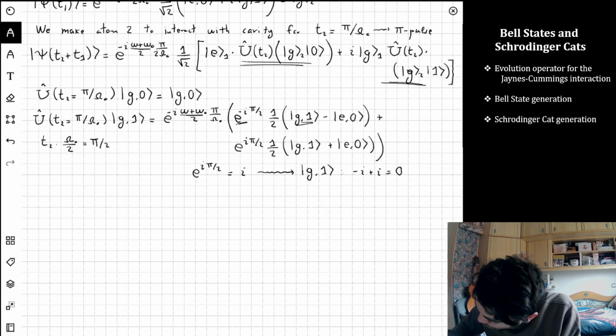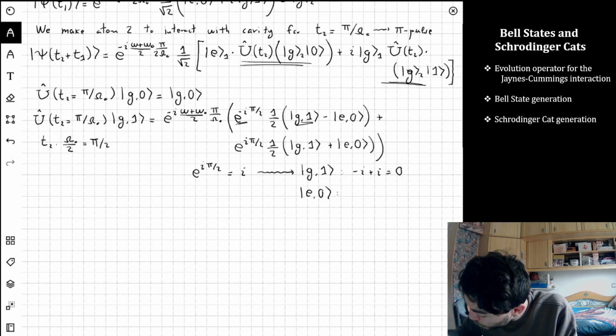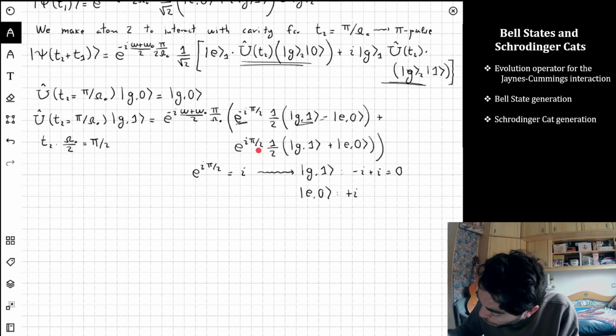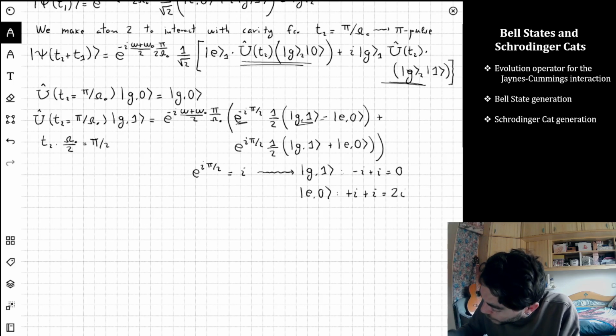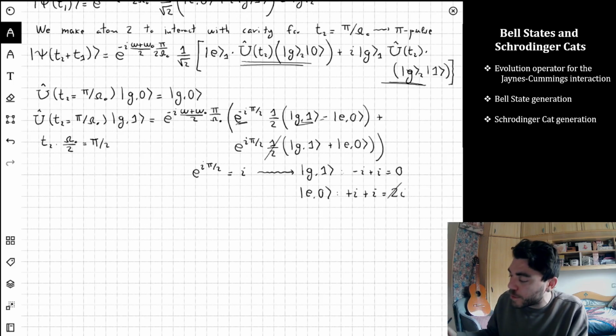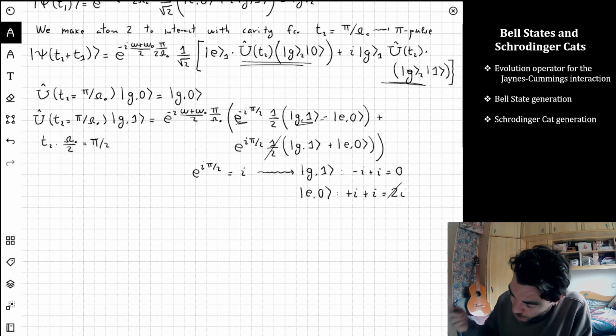But what happens with the other? What happens with the E0? Now they constructively interfere, right? So the first one is minus I, but this has a negative sign, so it's plus I, which is 2I, and this 2 is going to cancel with the 1/2, so it's just I times E0. In other words,